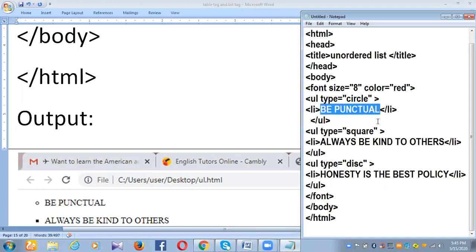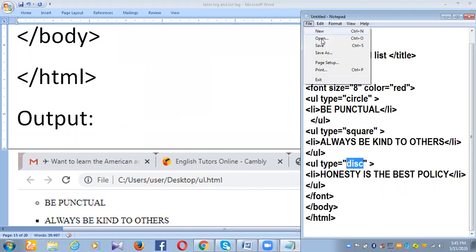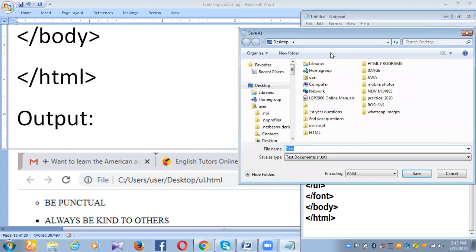Then we will close the /UL. In the unordered list we have 3 types, as I told you, so I'm giving an example of each one here. For circle I have shown, and for square and disk also I have given code. Let me save the file and show you the output.